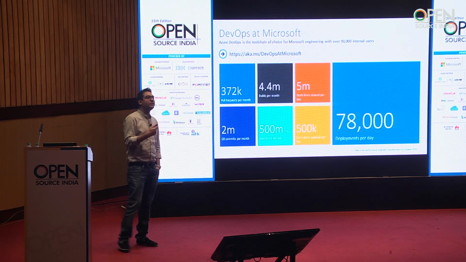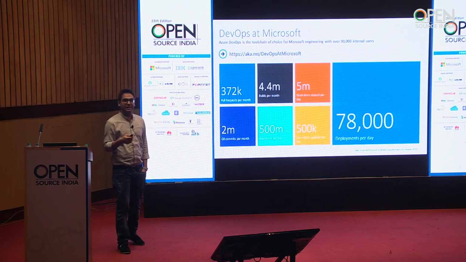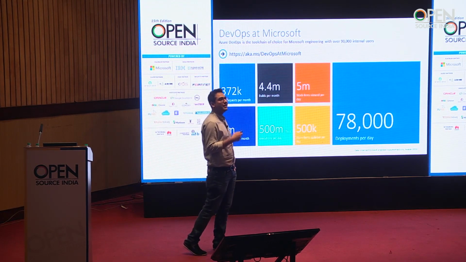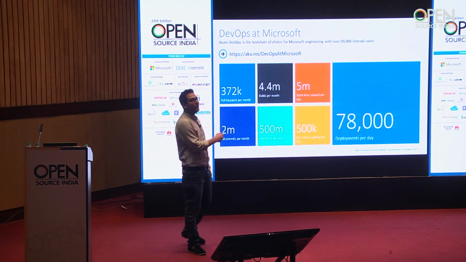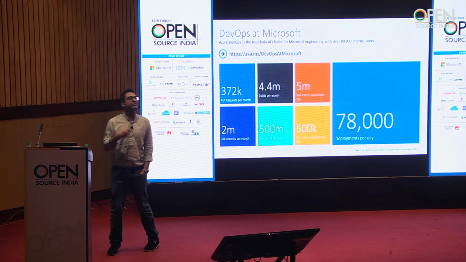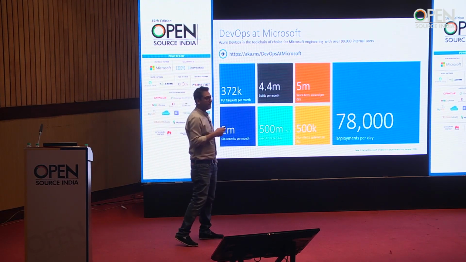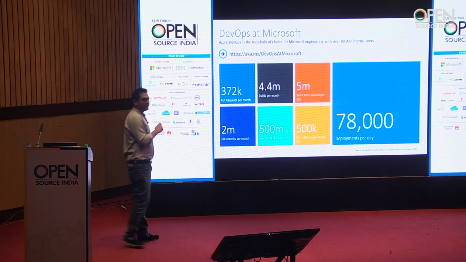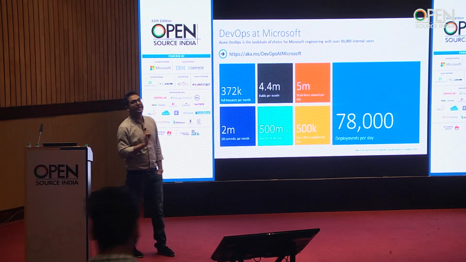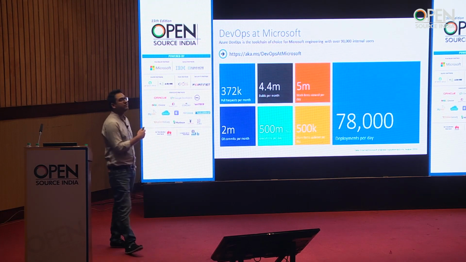So that has been the typical communication between the market and the customers. The world has changed since then. You cannot have the customers wait for 2 years because the competition is not doing that. There are competitors who are releasing an update to their product in the market every day. So we actually do 78,000 deployments per day. I want you to look at one more number over here. 500 million tests run per day when you're talking about DevOps at Microsoft. So this is the scale at which we operate.